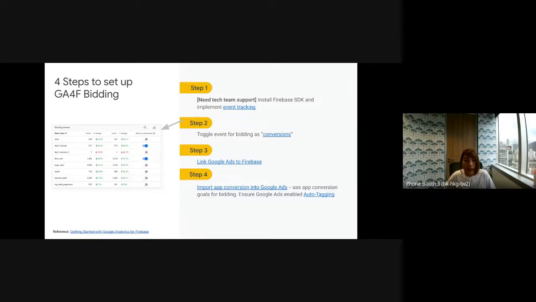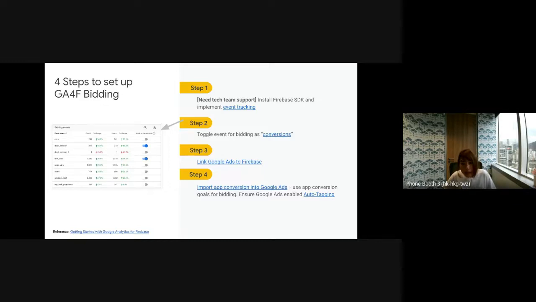So here's a link to a list of suggested events for different types of business, some of which was touched on by Donna in the previous slide. Here we recommend tracking those important actions in your app, especially those that we will use for bidding.